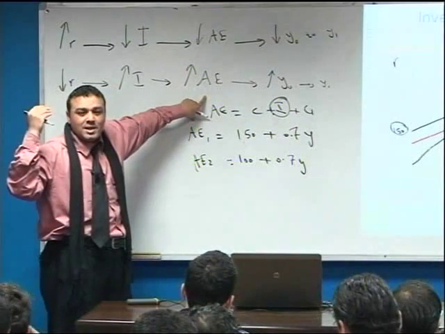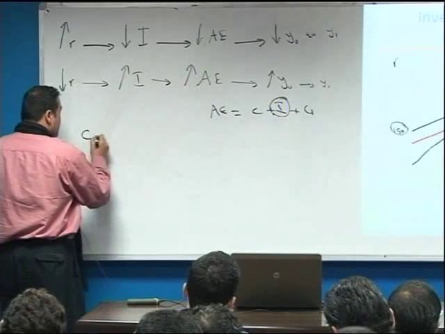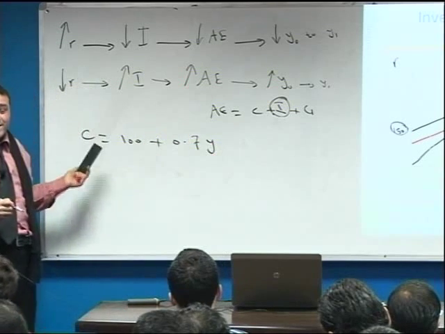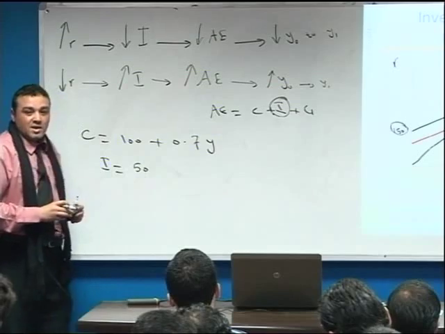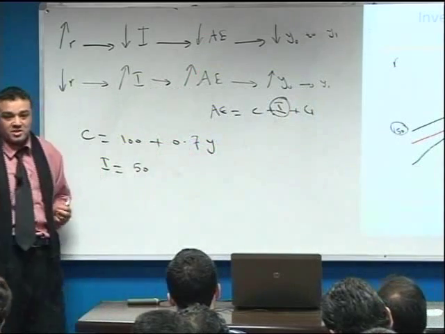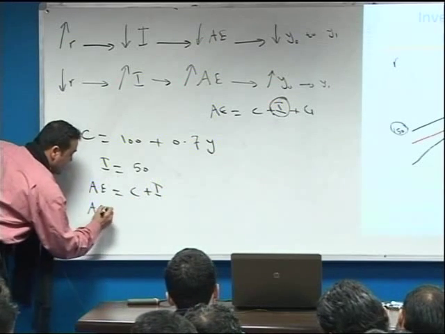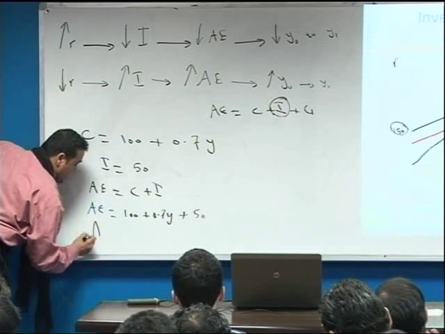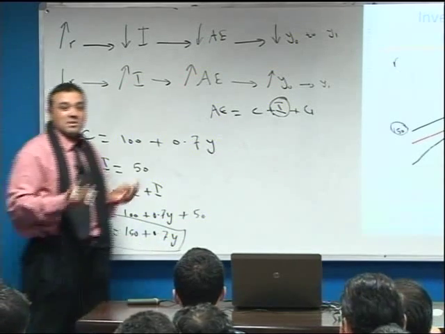تمام؟ بدي ارجع لك للتشابتر 4 اظن انه او 4 او 5. سبوز كانت عندنا الكونسومشن فانكشن ايكوالز 100 بلس 0.7 واي صح؟ وقال لك انه سبوز انه الاي ايكوالز 50. How much is the aggregate expenditure function when there is no government؟ افرض فيش government، قديش ال aggregate expenditure function؟ اللي هي C plus I right؟ مظبوط؟ طيب إذا aggregate expenditure equals C 100 plus 0.7 من Y plus ال I 50. So ال aggregate expenditure شو بتساوي؟ 150 plus 0.7 من Y صح؟